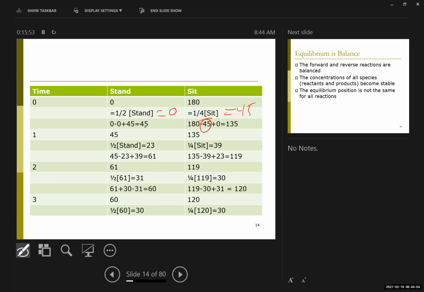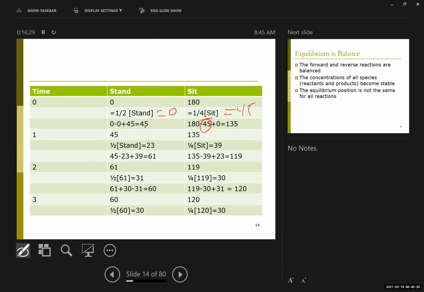right? That changes both rates, right? Because I have a different concentration, a different number of sitters and a different number of standers. It's still 1/4 the number of sitters, right? And it's half the number of standers, but the number's different. So now my forward reaction in my second time interval is half the number of standers. I'm going to round here, right? So it's half of my 45, which is 23. And my reverse reaction is still 1/4 of the number of sitters, but I now only have 135 sitters,